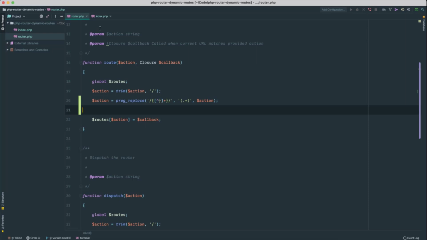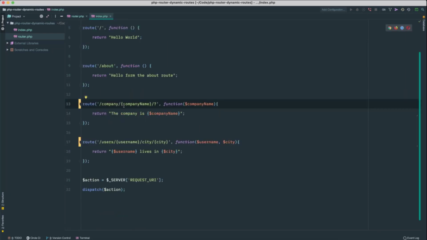Right now this name doesn't need to match the parameter name, so it still matches by order. For example, if the first segment is the username, we need to take it as the first argument, and the second one is the city, so that needs to be the second argument of the function.